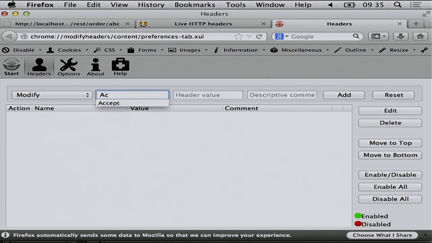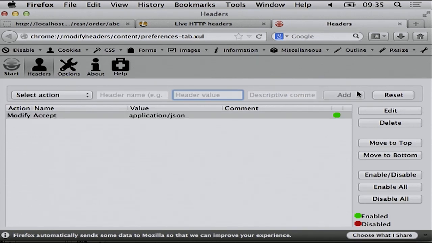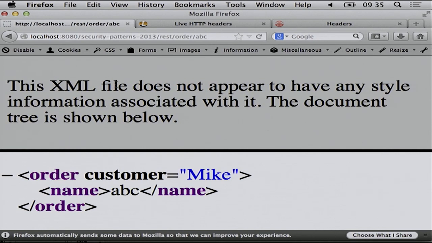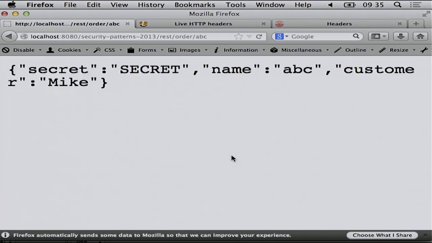Guess what? So, and now I use that different plugin. I say I want to modify my, and there's even code completion in that plugin, really great plugin. I want to change my accept header, and it should be application JSON. So that means it will replace the accept header of the browser so that it requests application JSON. And I do the same again, and I get it as JSON.